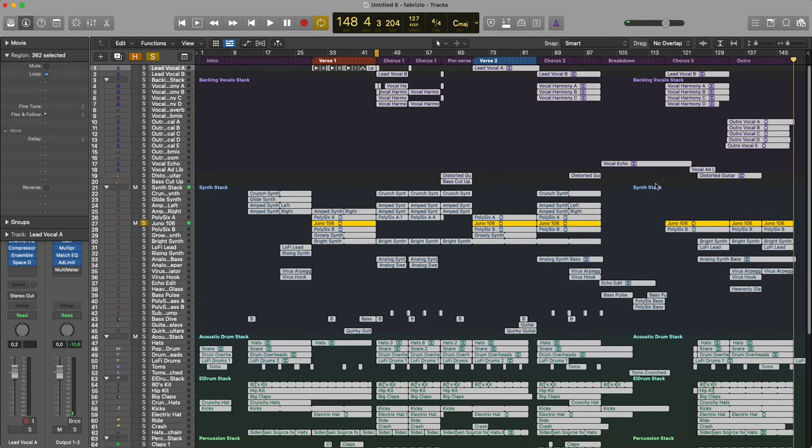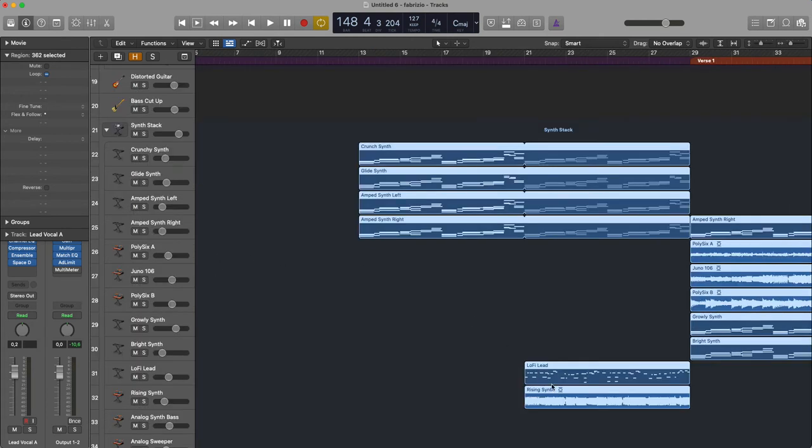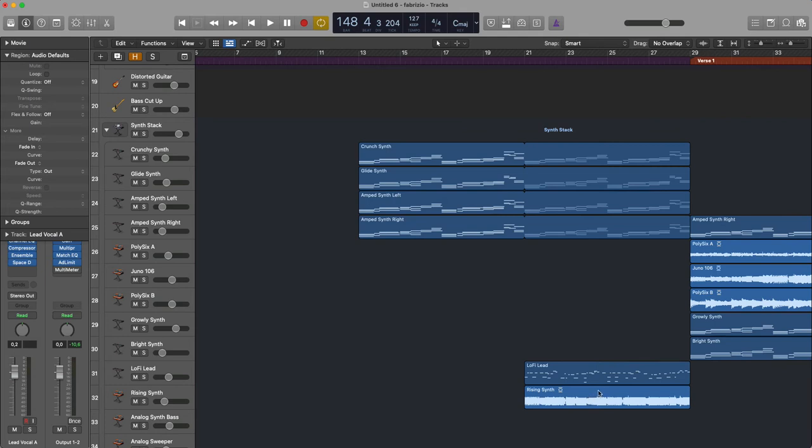Or a longer fade in that can happen, for example, when you want to start your song slowly and slowly.